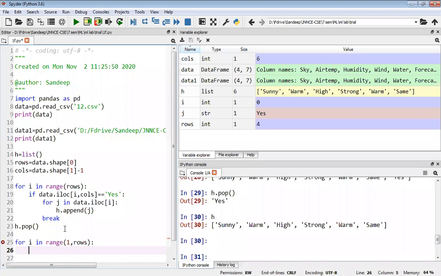Each time you have to check one condition, whether the final column value is yes or no. Same as what you did in the previous step, you are going to check whether the final column value is yes or no.